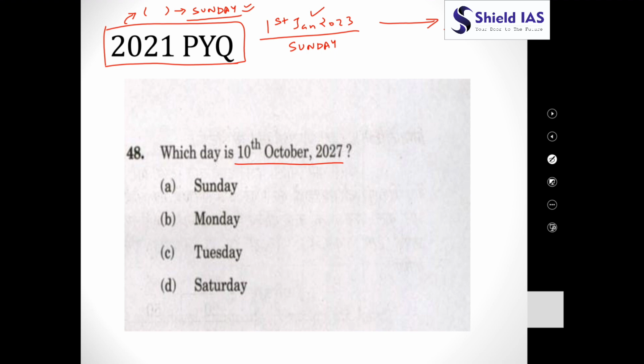Okay. So how will we go from 2023 to 2027? Here the question is about navigating through years. We have to navigate through years to arrive at 10th October 2027. So 2023, then 2024, then 2025, then 2026, then 2027. By going from 2023 to 2024, we are crossing 2023. Is 2023 a leap year? No. So